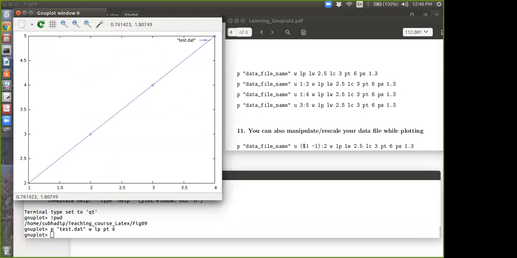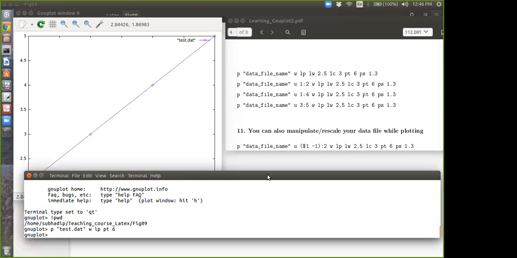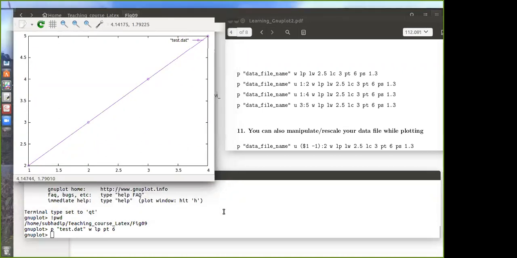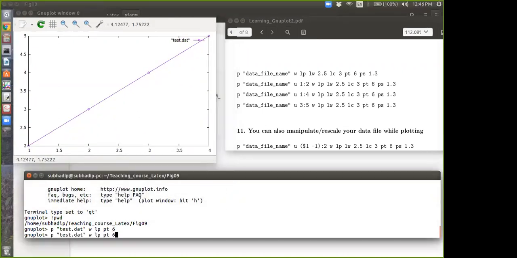You can see, so this is the line. First column is in the X axis and second column is in the Y axis. So the second column has started from 2 to 5. Okay. I'll resize it. Now by default it will take this. Now you can change it by using